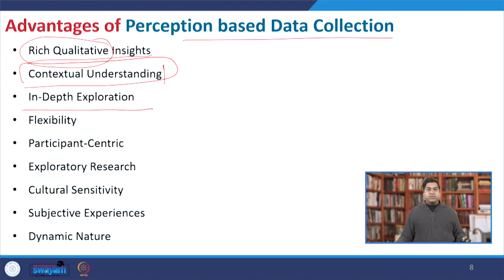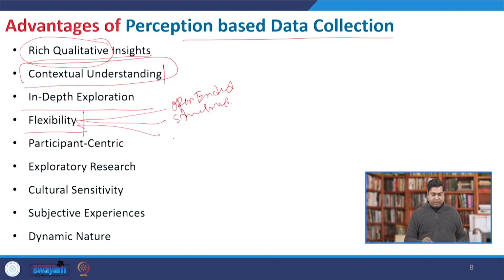It can be in a focus group or it can be a panel. It has flexibility, as I already mentioned, that you can select the way you want to go. It can be open ended, it can be structured, it can be scenario based,